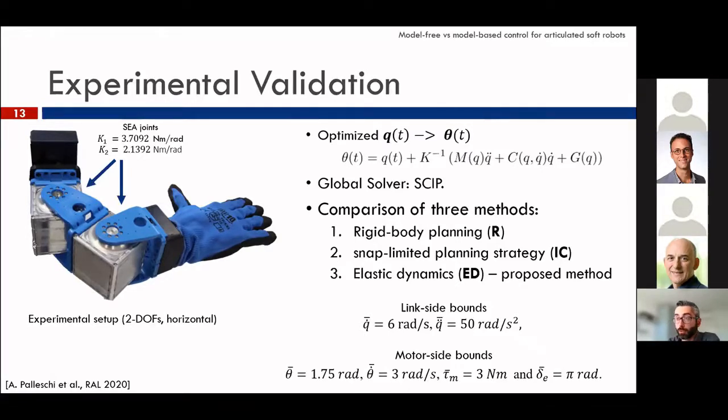The actuation, the control is completely feed-forward. So we solve the optimization problem, and then we just use the solution as control input for our system, and we compare our planner with two other different planners. Our planner considers the full dynamics of the robot, so the complete elastic dynamics. Then we use a traditional rigid planner and a planner that considers a chain of integrators